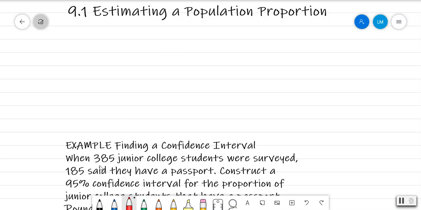Hello, so in this section, we're going to look at estimating a population proportion. One thing that you would have to remember, for instance, is how to find p hat. P hat is essentially just x divided by n. And the other thing that you would need to know, for example, is how do you find what is called